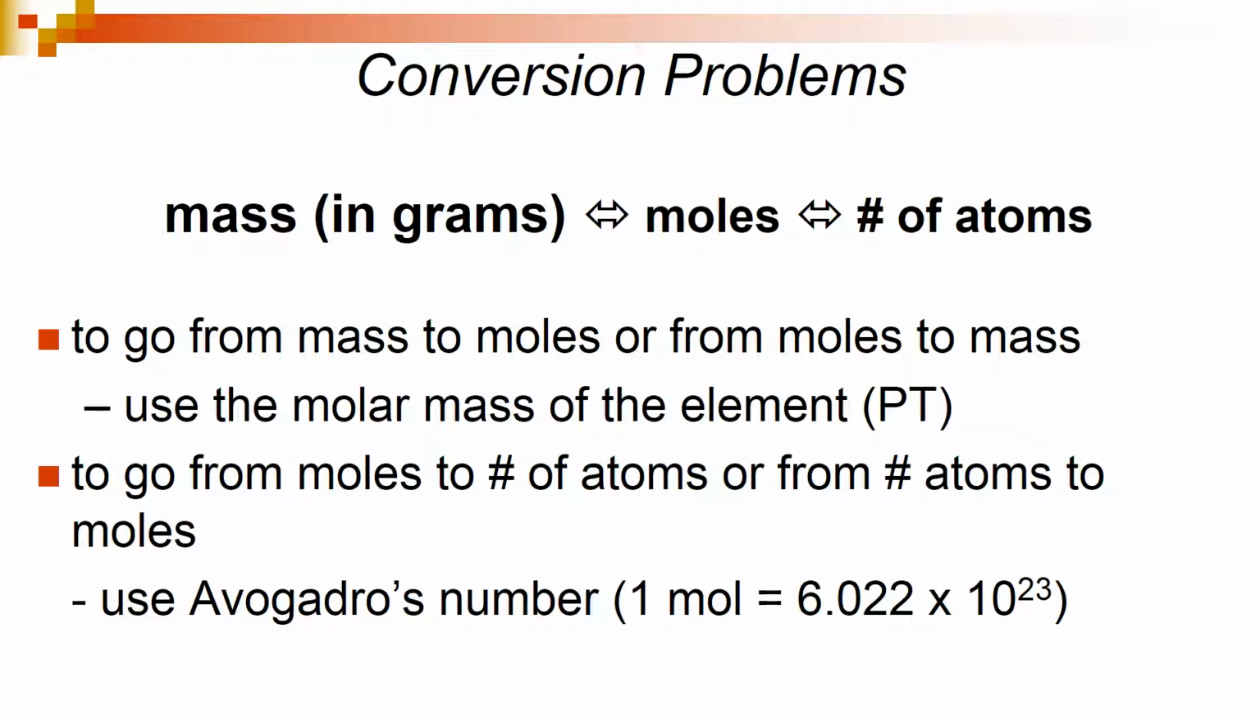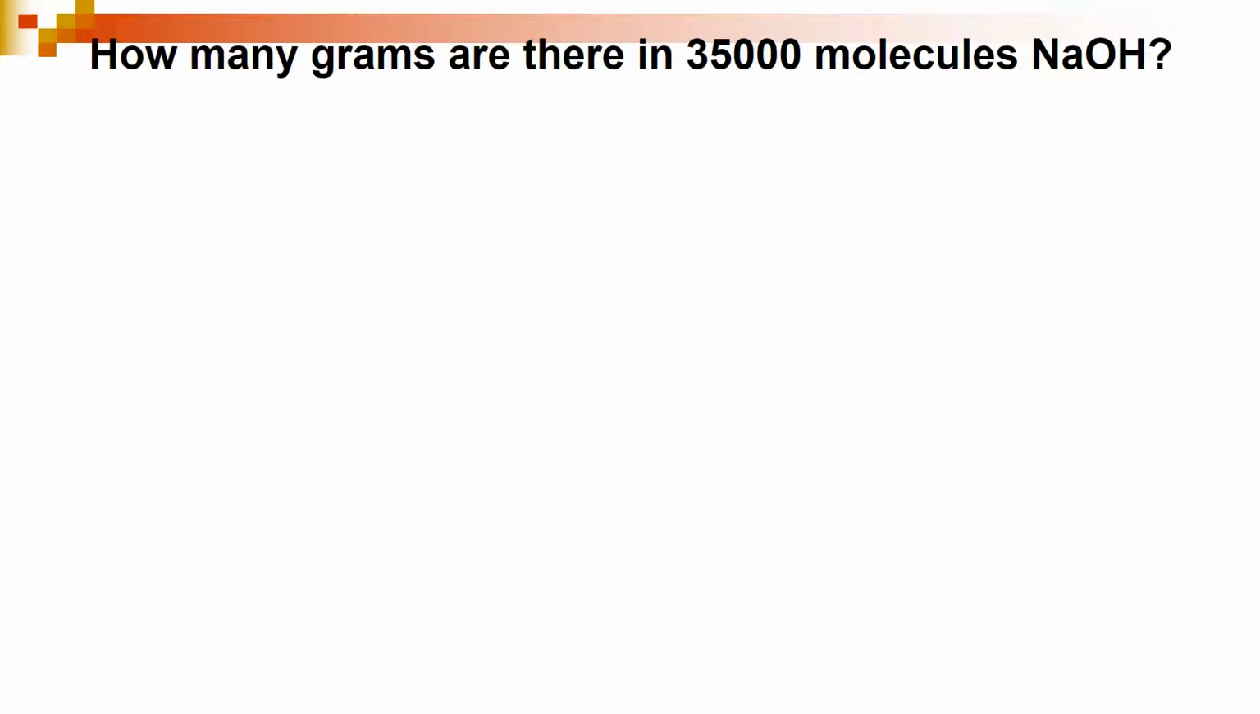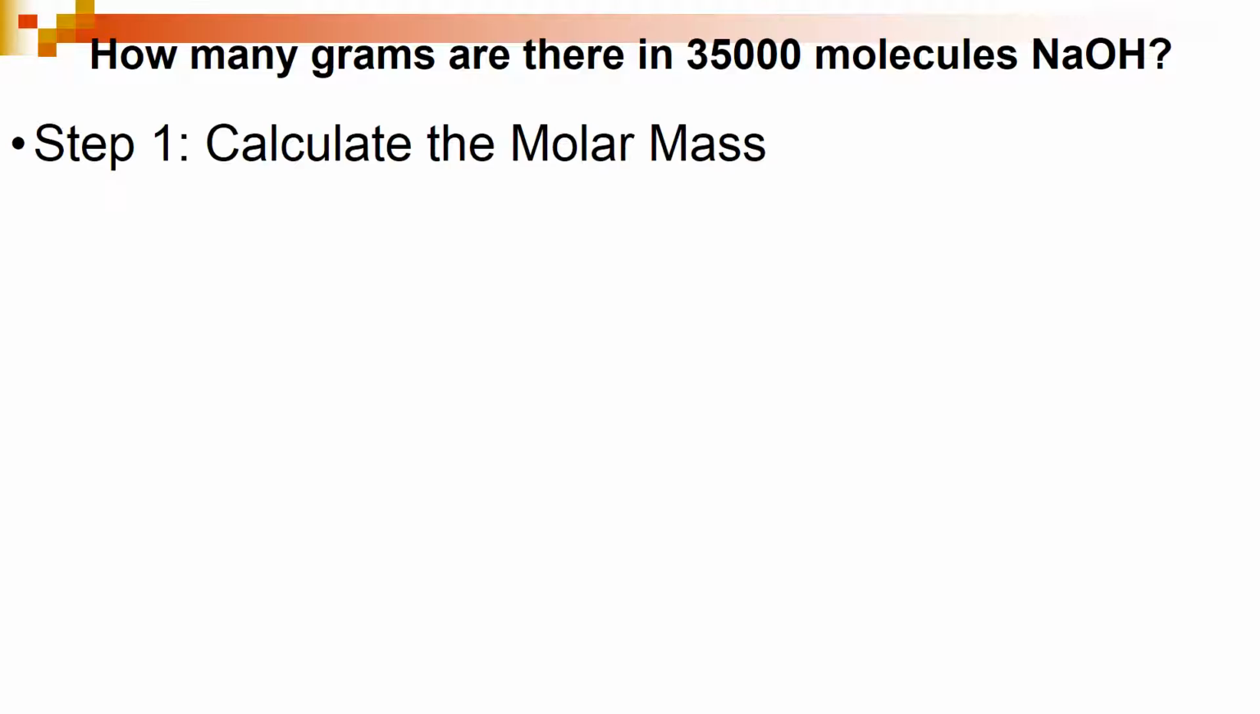Okay, let's look at our first multi-step conversion. How many grams are there in 35,000 molecules of sodium hydroxide, NaOH? Well, regardless of whether this is a one-step problem or a two-step problem, as you can guess, step 1 is to calculate the molar mass. We need to know the molar mass because that's our essential or